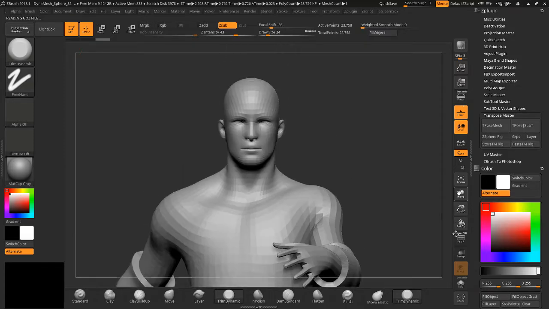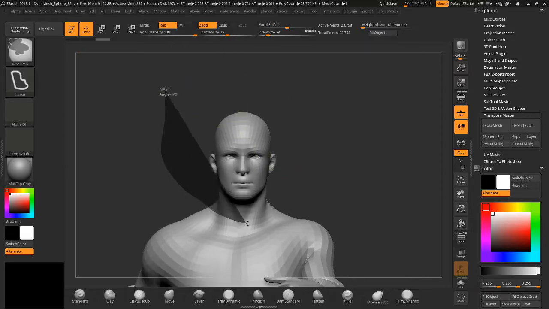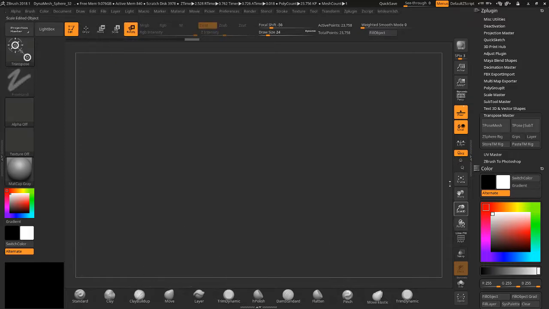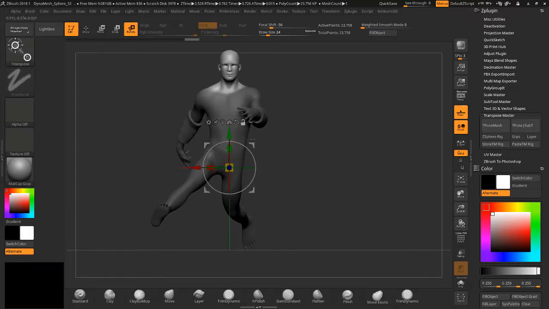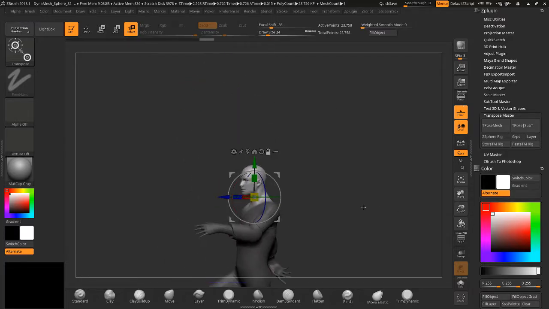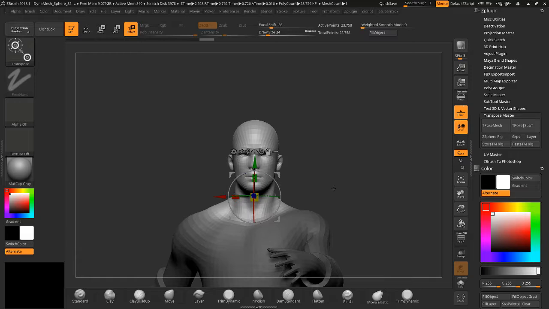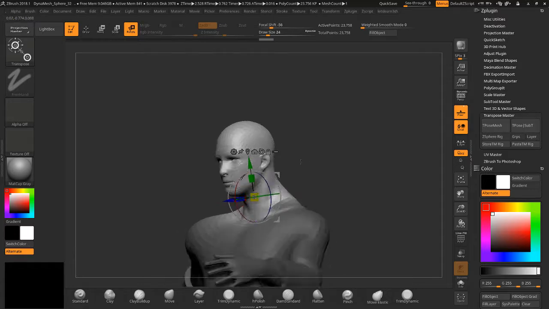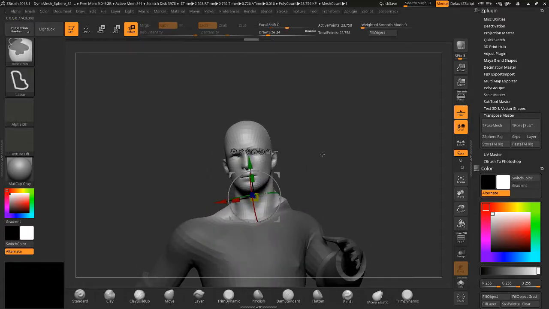So we were having some issue posing the head, for example. Instead of tweaking the zsphere rig, what we could do is we can just grab this head and just manually do it. Move this into place. And get this where it needs to be. I probably wouldn't bend it down yet, but